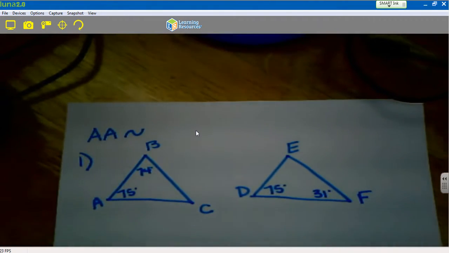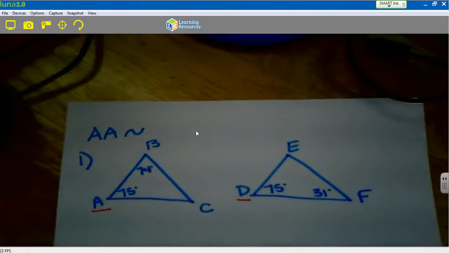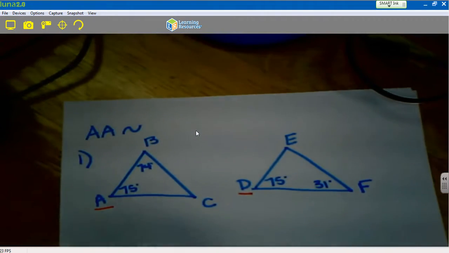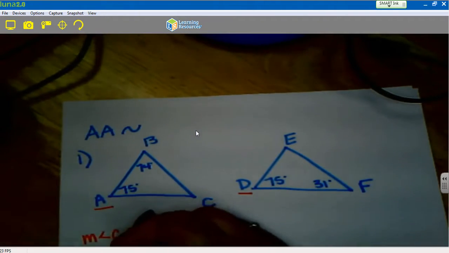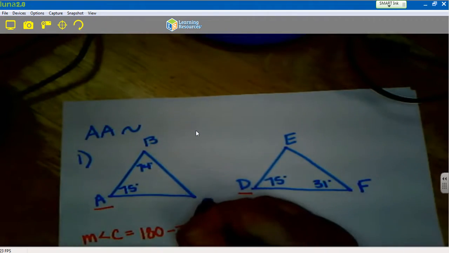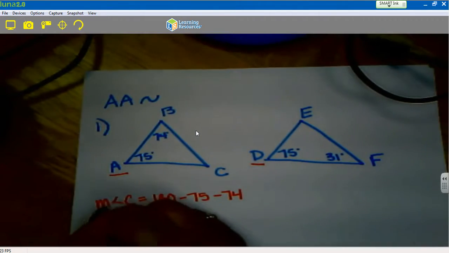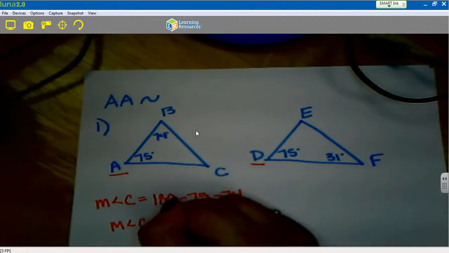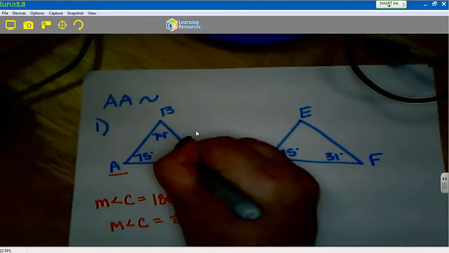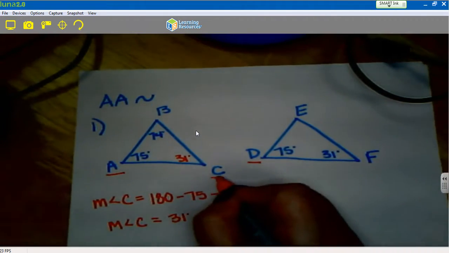So right now we only have one pair of congruent angles. That would be A and D. We have enough information though that we can find the measure of angle C. We can take 180, subtract 75, and subtract 74. And we find that the measure of angle C is 31 degrees. If we look over here, angle F is also